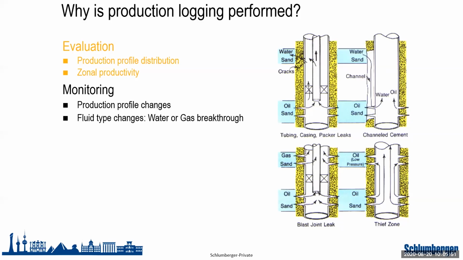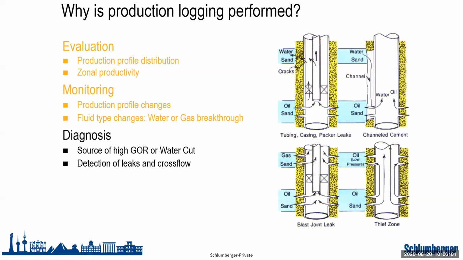So we can identify water breakthrough, gas breakthrough, in case we don't want to produce gas, for example, but we want only to produce oil. And also for diagnosis. So basically, what is the zone of a high GOR or a high water cut? And also to detect if we have presence of cross flow. We can see over here